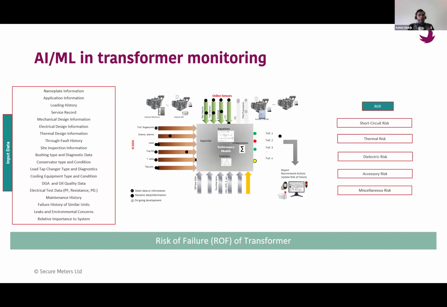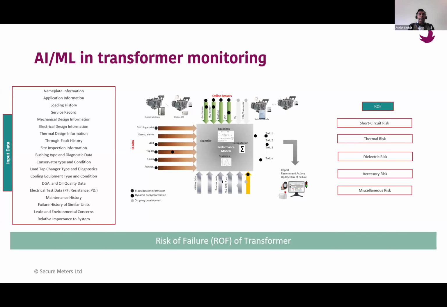So in place of doing transformer A maintenance, I can divert my crew to transformer B, which has bad health in terms of performance, so that they can prioritize and do maintenance of that equipment. And this can be applied to any other power system equipment, whether it's a CT, current transformer, voltage transformer, breakers, transformer, you name the equipment, and you have the connectivity. You put the sensors to collect the important parameters, and then we can do predictive maintenance of that.